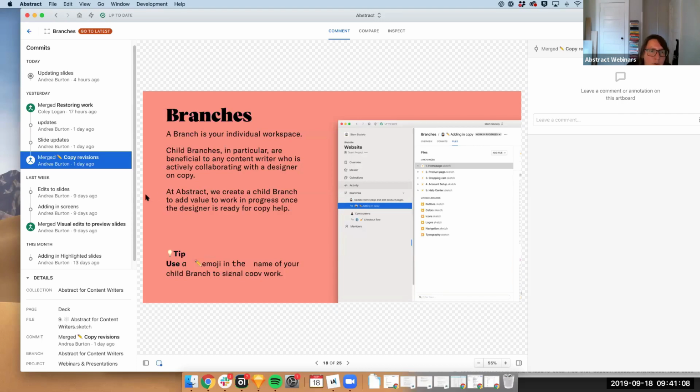Okay, Chris asks, is there single sourcing in Abstract so I can reuse text, just edit in a central location and have it update in multiple projects? So right now, like Coley said, you can try that with libraries and symbols. Our grand scheme, and this is going to take time, is to imagine a world where you had a JSON file or some kind of text file that sat alongside your designs.